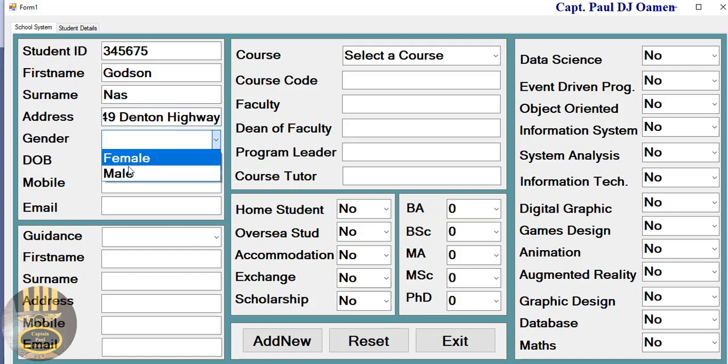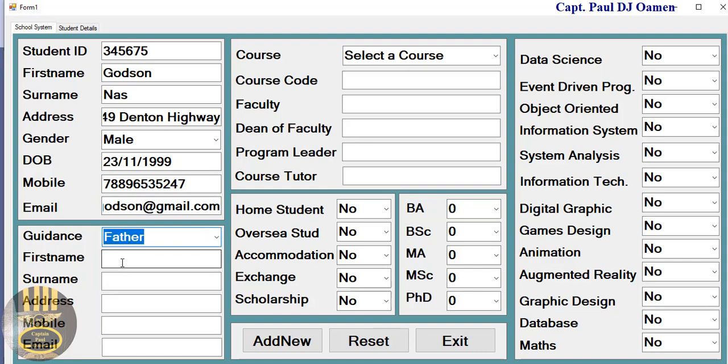Okay, and he's male, date of birth 23 whatever. Telephone number of Naz. Email address Godson at gmail.com, and guardian, that is daddy, and daddy's name is,